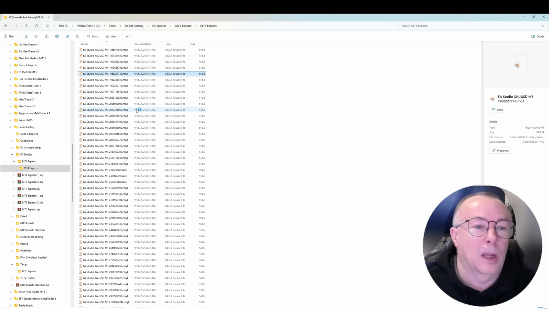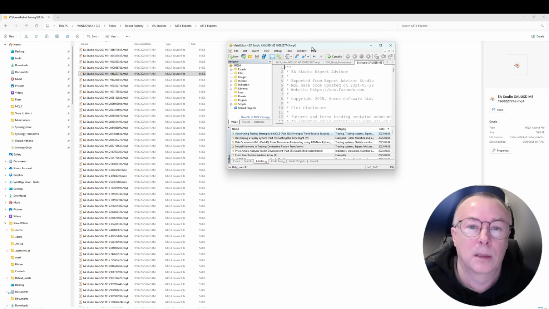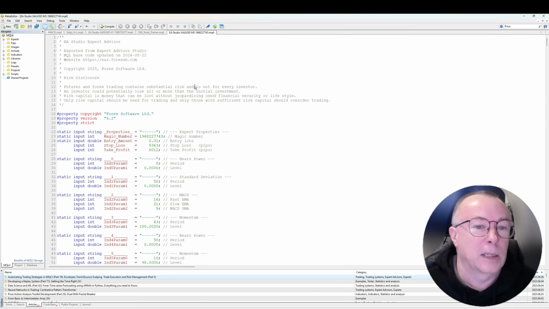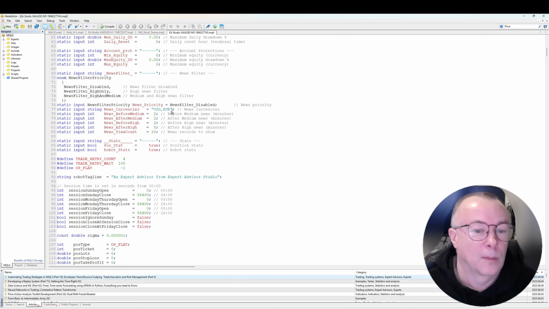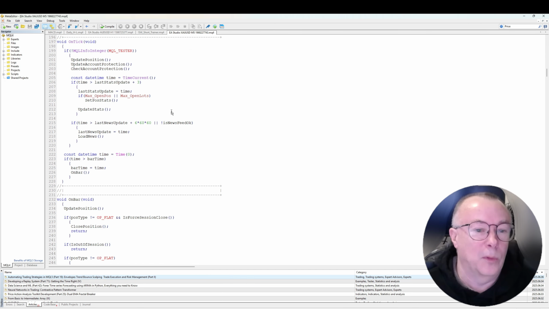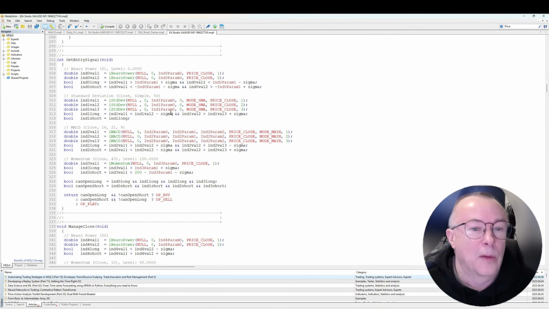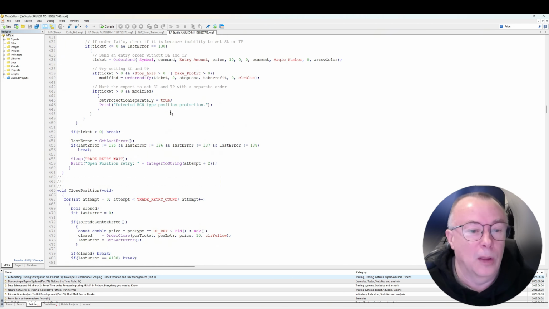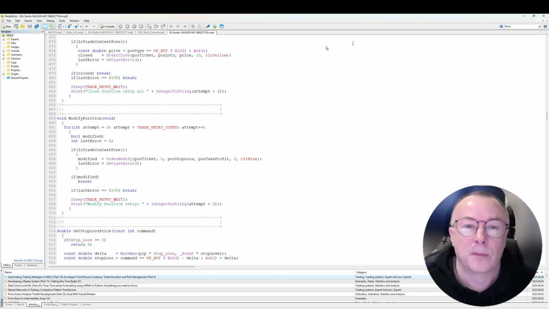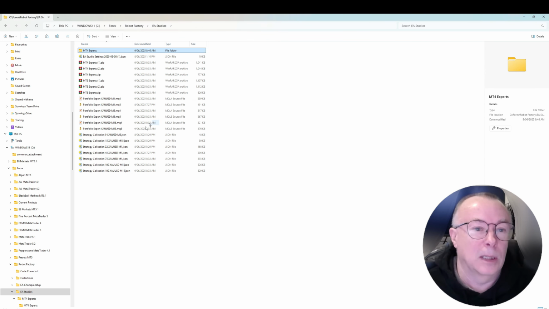And you can click on any of these as well. You do actually get the full code, so you can click on these and see the code for yourself, and if you want to, you can make modifications. You can see here the actual settings, and we have the full code, so you can go through this, especially if you're trying to learn how to code for yourself. You can learn how to generate your own code with this sort of information at your fingertips. So let's move on to the next one, which is, let's see,